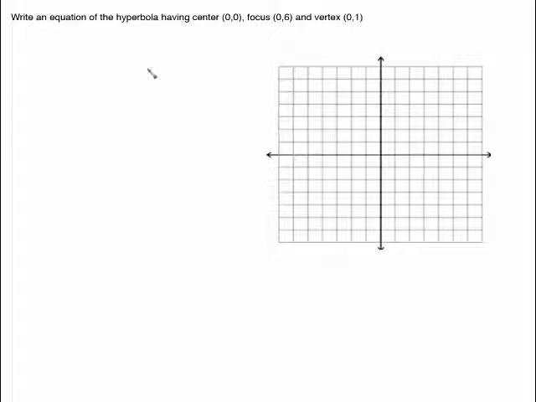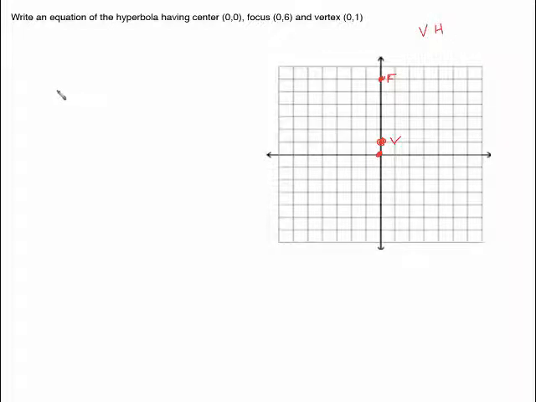to start with a graph, because a graph can often tell you what kind of conic section it is. So we have a center of (0, 0), so we'll place the center on here, a focus of (0, 6) up here, and a vertex of (0, 1). So this was the focus, this was the vertex, and this was our center. Since all of these are piled up on the vertical axis, this tells me that this is a vertical hyperbola,